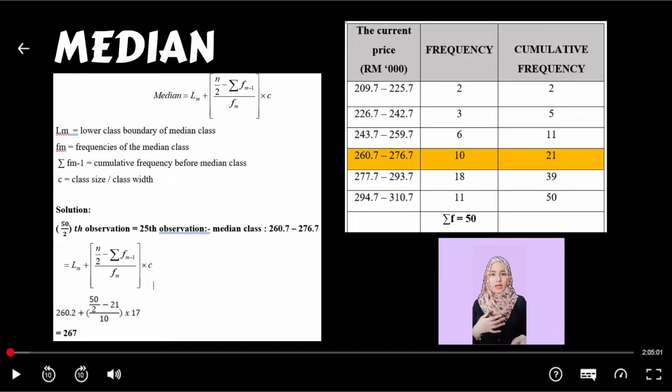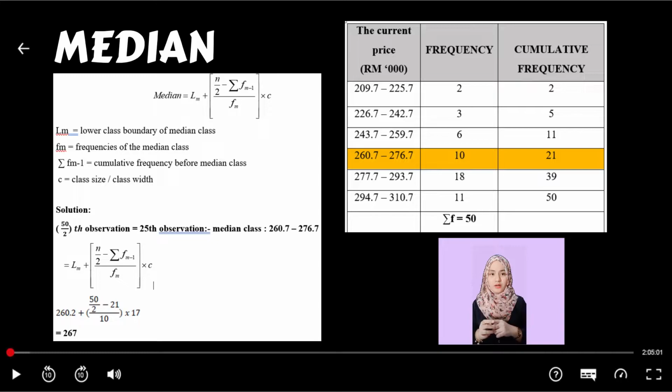How do we find the median? Well, we need to have three columns, which are classes, frequency, and cumulative frequency. And then n must be divided by 2. So we get the observation 25 when 50 is divided by 2. When we look at the table, the closest number to 25 in cumulative frequency is 21. It is automatically the median class, which is